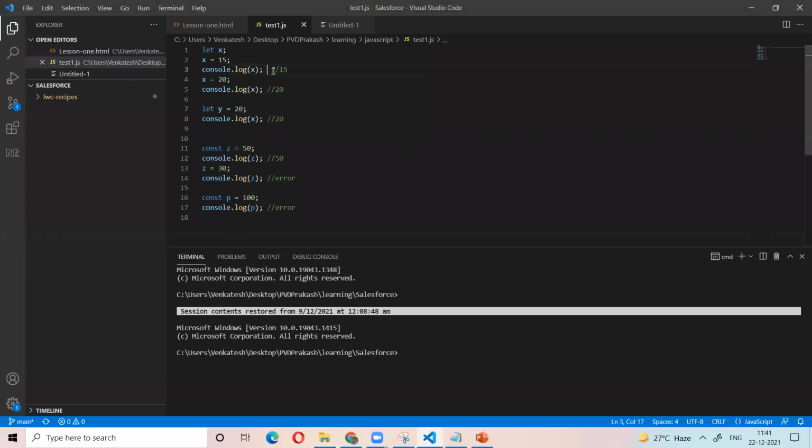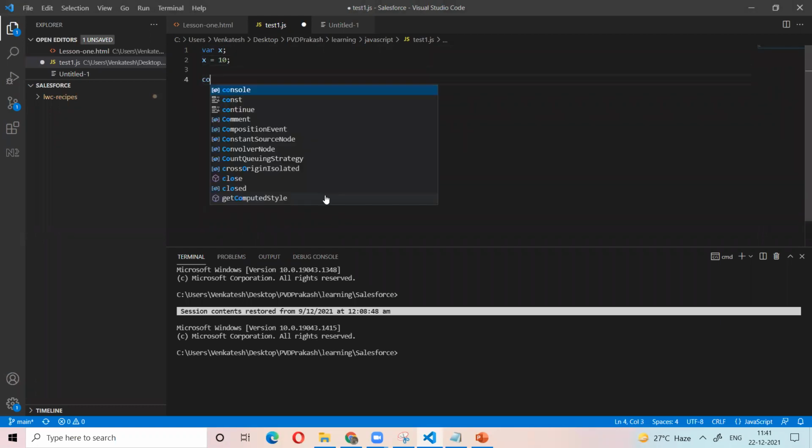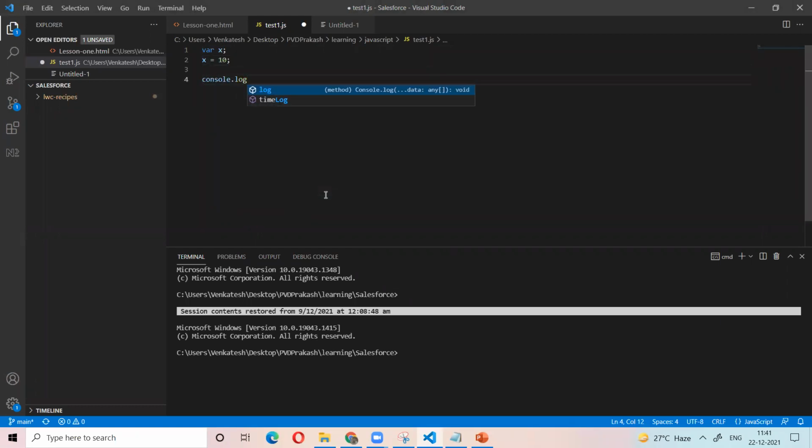Now, the other concept is how to comment on our code. For example, we write the code: let x equal to 10, console.log x, let y equal to 5.